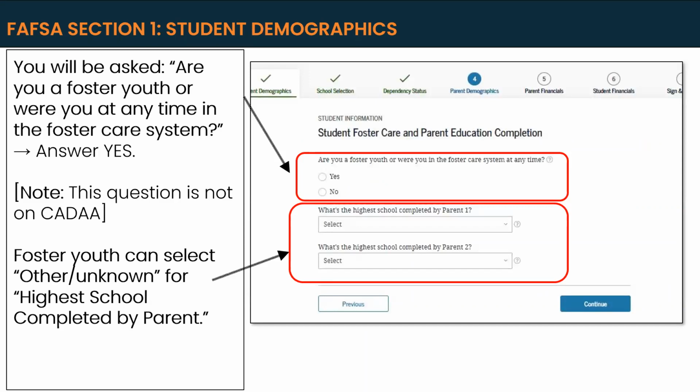And then on this slide, they actually get asked if they are a foster youth or if they were in the foster care system at any time. So we advise youth to answer yes to this question, even if they were involved in the foster care system for just one day. So it doesn't guarantee any benefits or resources, but what happens a lot of times is